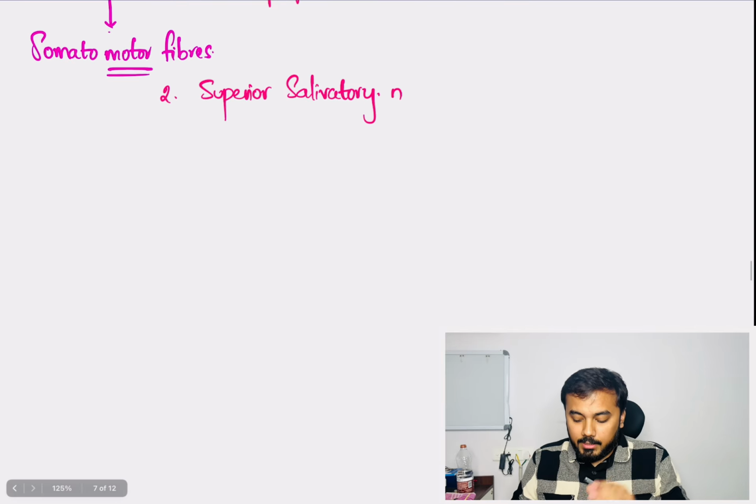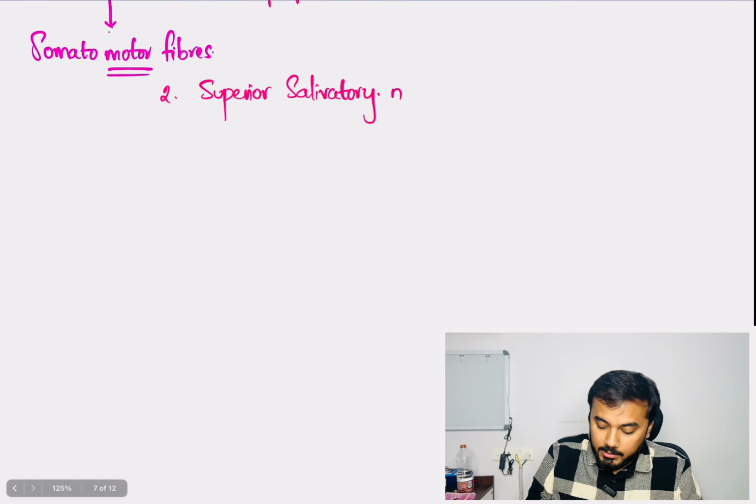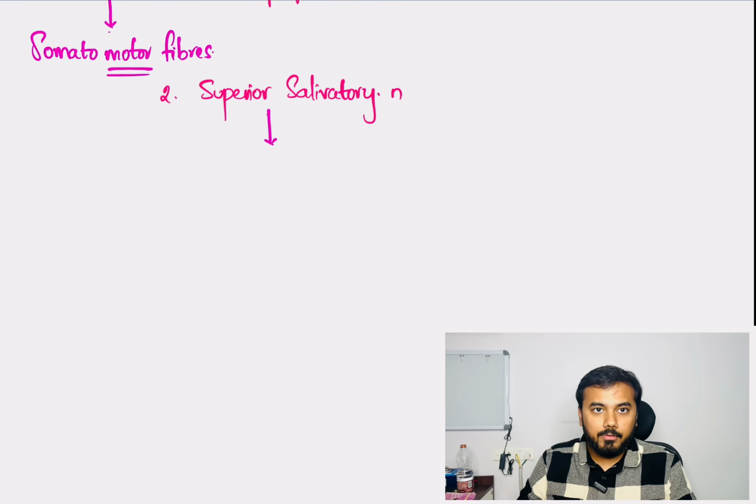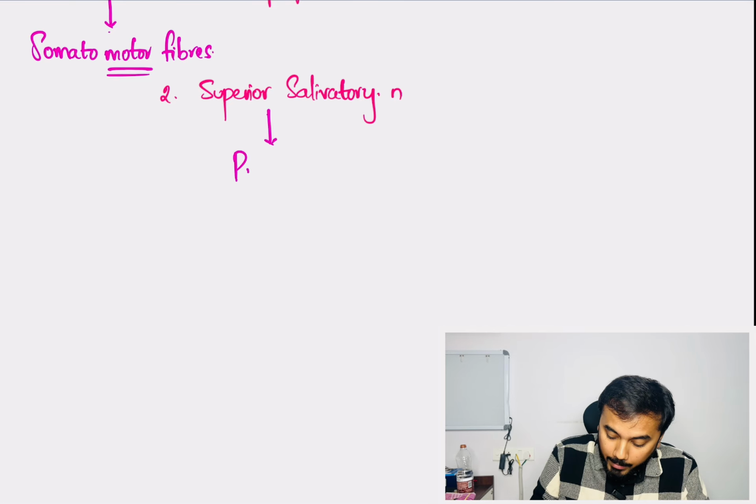Then when it comes to the superior salivatory nucleus, even there are fibers that are coming out of the superior salivatory nucleus. These are also called motor fibers. But what motor fibers? They are parasympathetic motor